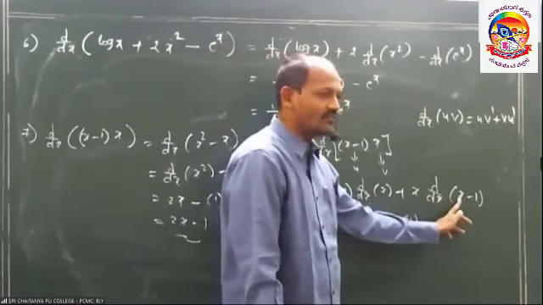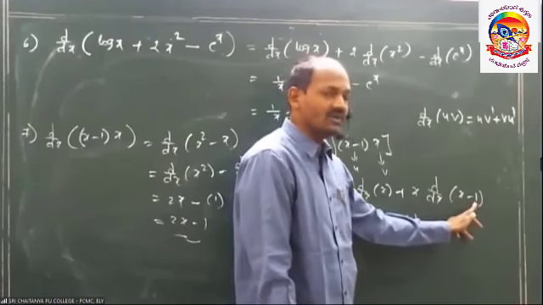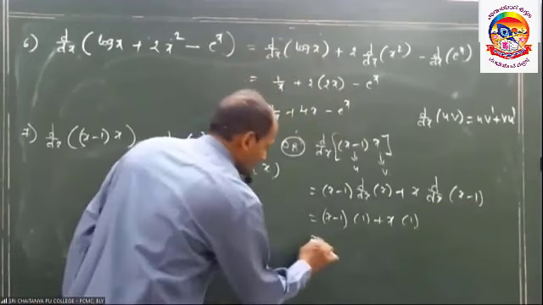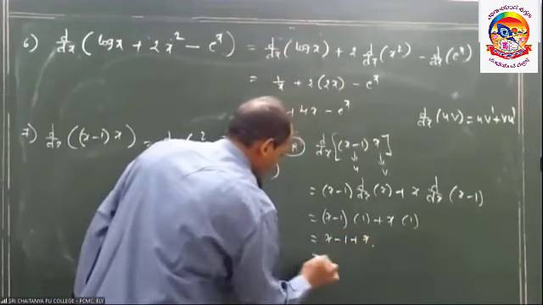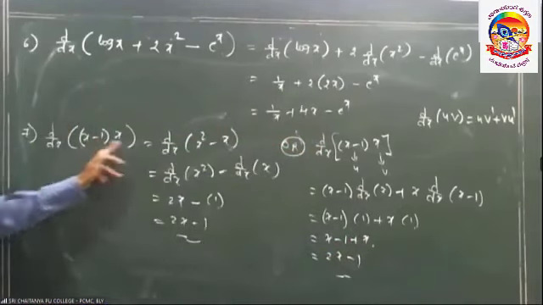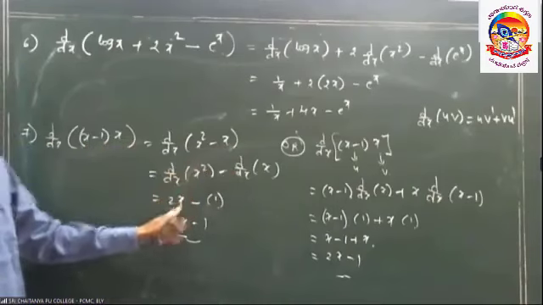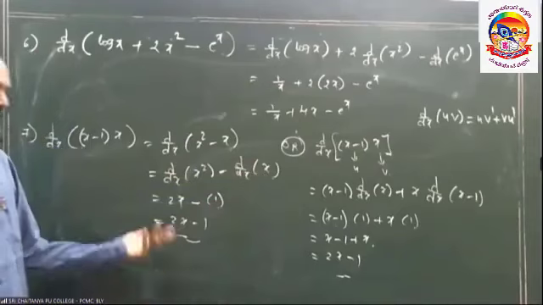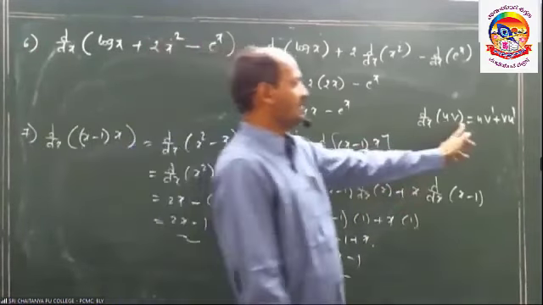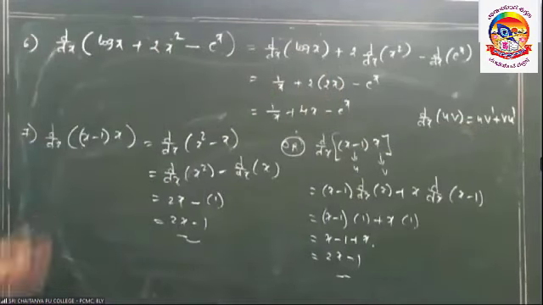The derivative of x minus 1: the derivative of x is 1 and the derivative of the constant 1 is 0, so 1 minus 0 is 1. So it is x minus 1 plus x, which is 2x minus 1. It is also 2x minus 1 by first multiplying to get x square minus x, where the derivative of x square is 2x and the derivative of x is 1. Using the product rule gives the same result. Both are the same.